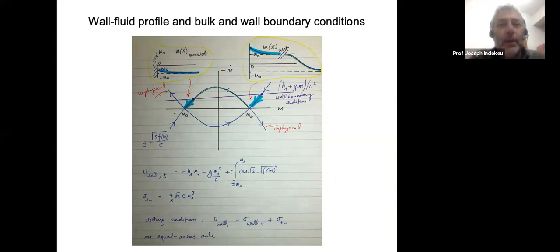So yesterday we discussed phase portraits, and what you can see here is the phase portrait for the wall-fluid interfaces. So either the wall going to minus M0 or the wall going to plus M0. Now the idea,